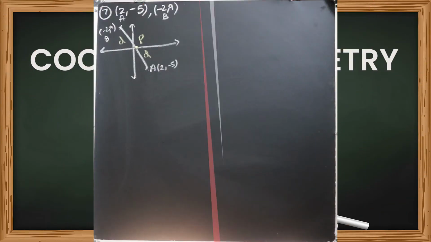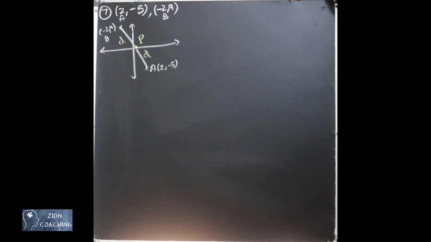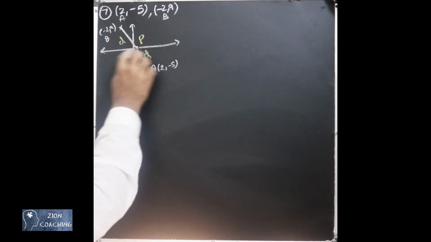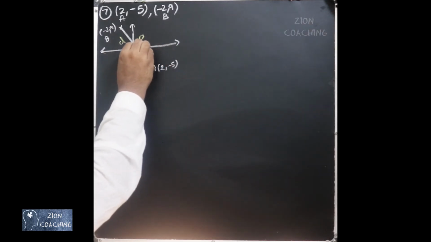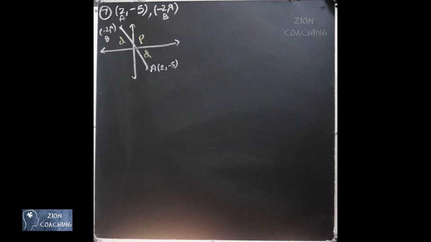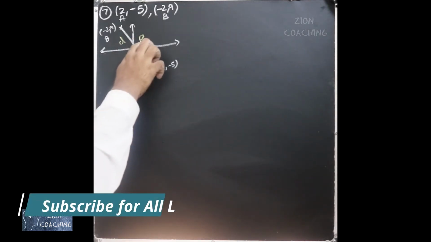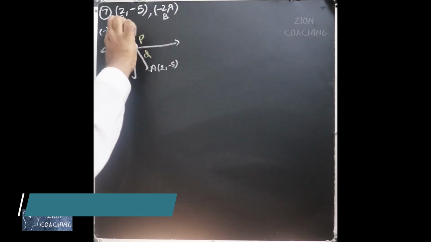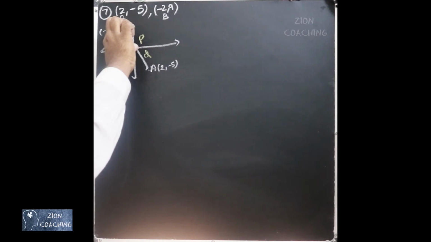Question number 7. They are asking us to find a point on the x-axis. This is your x-axis. They are asking us to find a point P. We will assume that the point is P. They are asking us to find the coordinates of this point P, which will be having equal distance from the